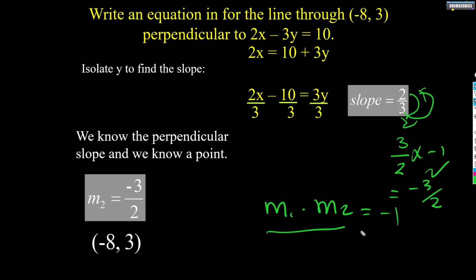So you use this formula, and when you get -1, you know that you have it. And then after getting the m2, which is this one, it means that you can go for the graph. Okay,